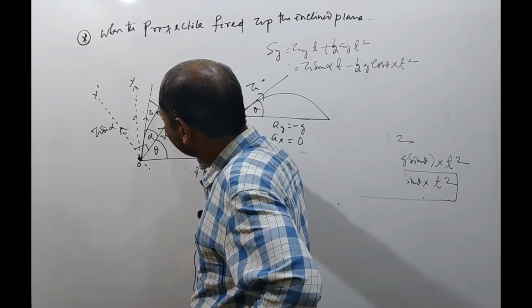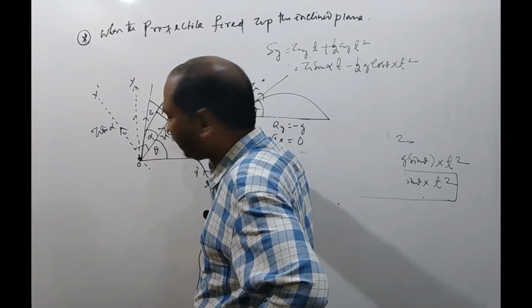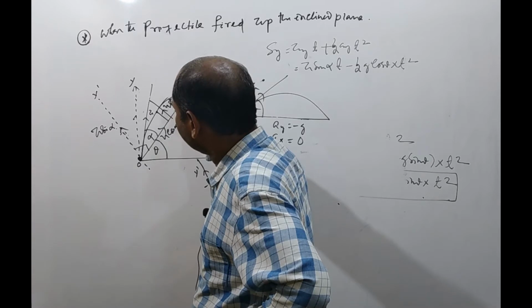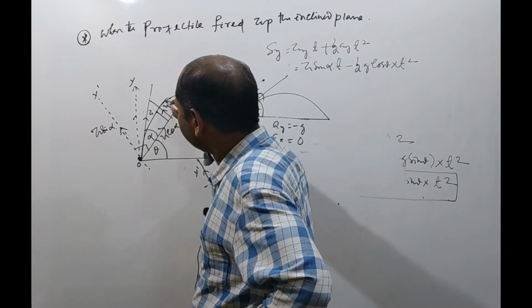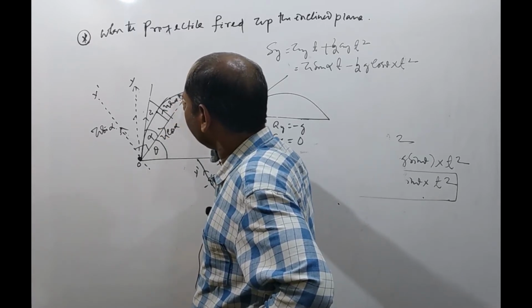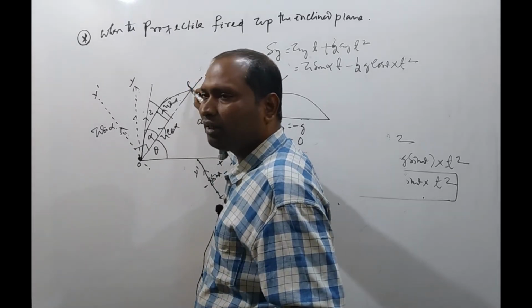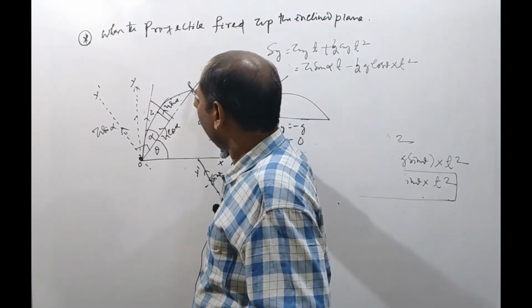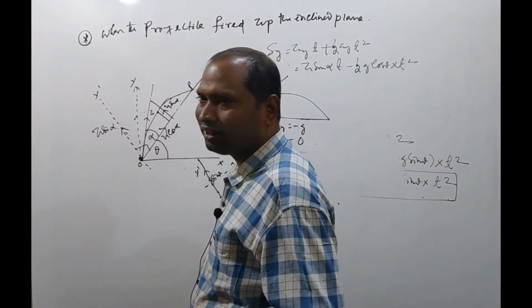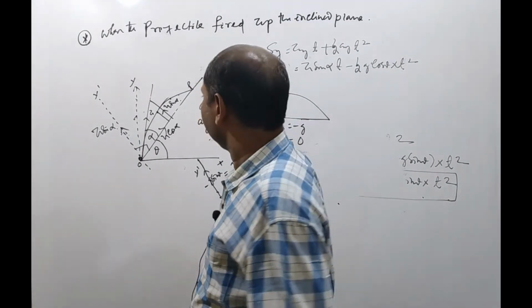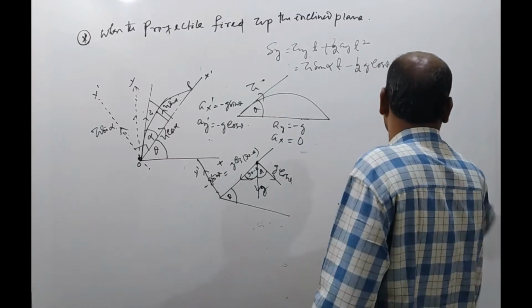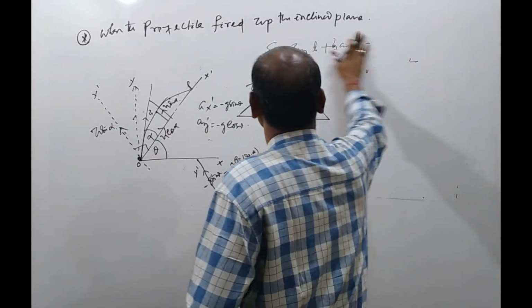Suppose this is the topmost point, the maximum height with respect to the inclined plane. Gradually the displacement in the y-axis decreases. When the body reaches here, the displacement in the y dash axis will be 0. So I can write the formula,